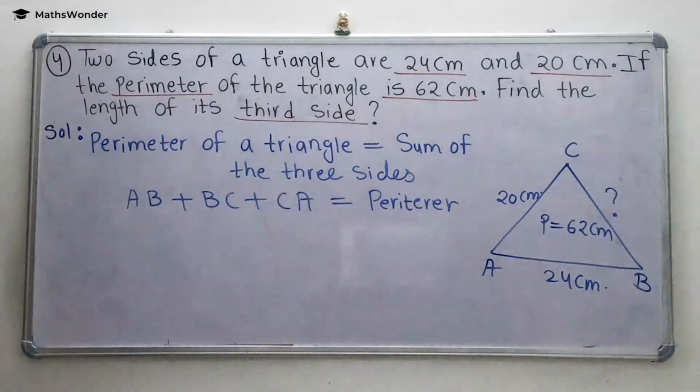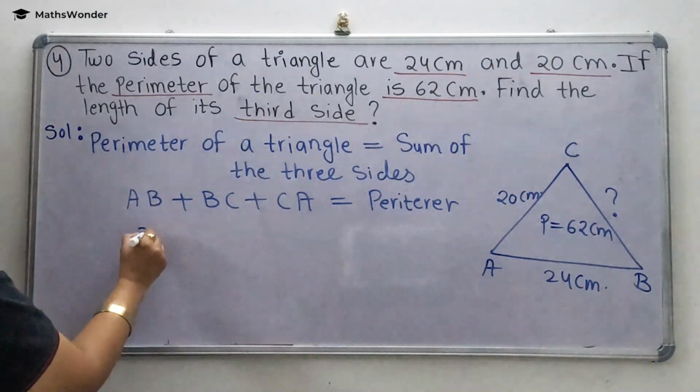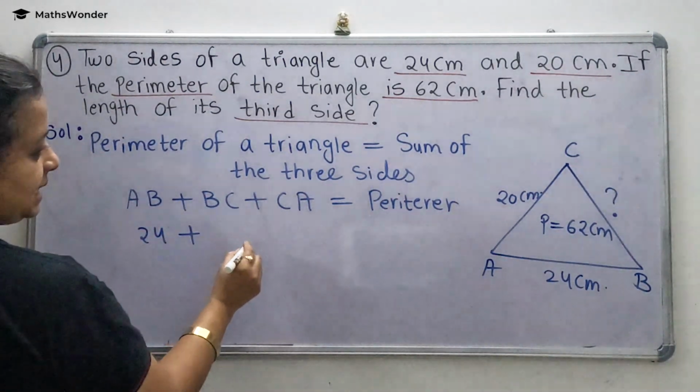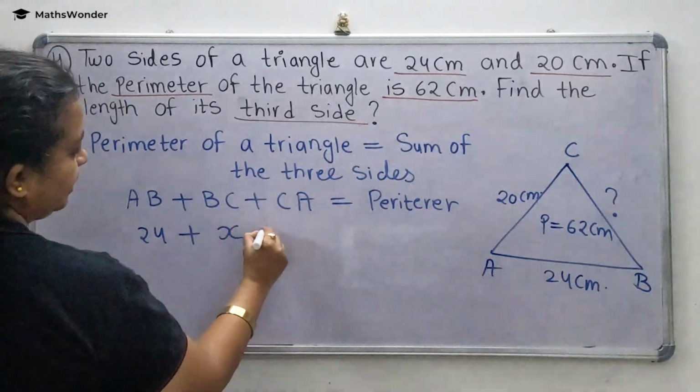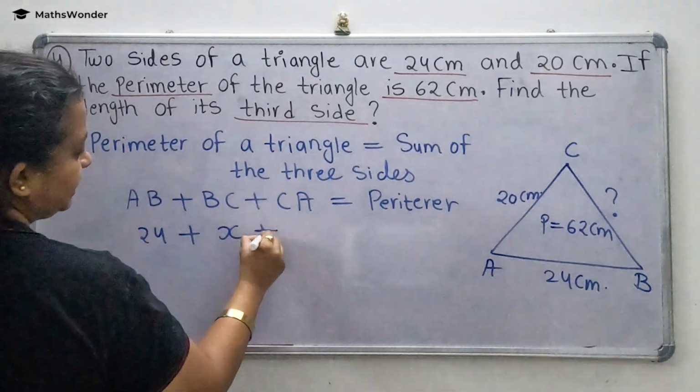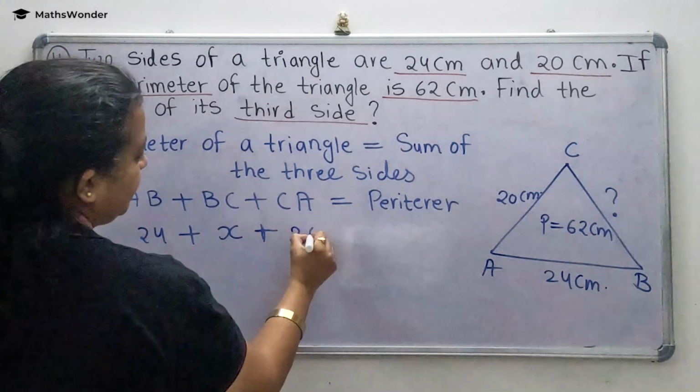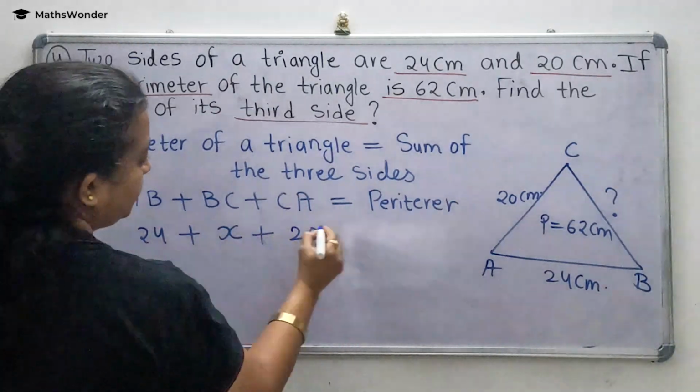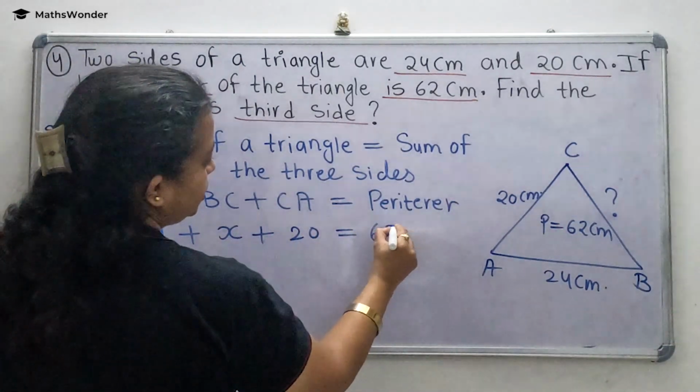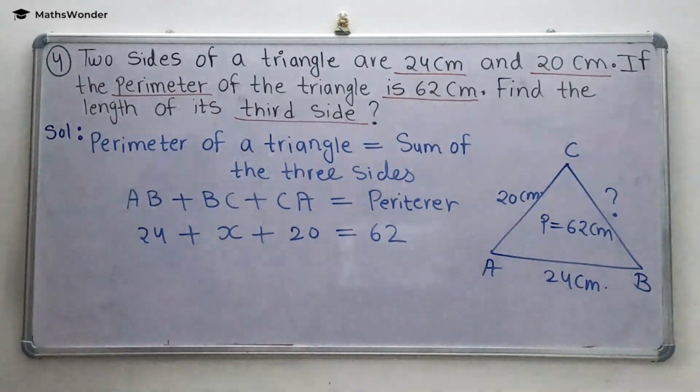As you can see in the diagram, AB is 24 centimeter, BC we need to find, we can consider it as X, or BC itself you can write it, okay? And then the perimeter is given, which is 62 centimeter. Now the next part is you will add both